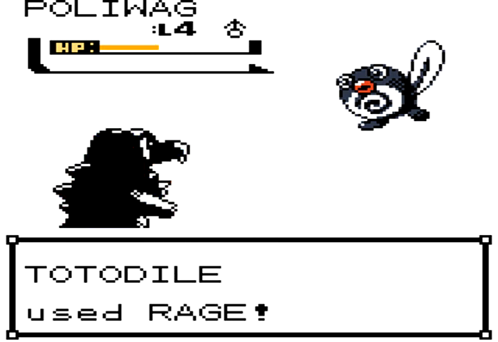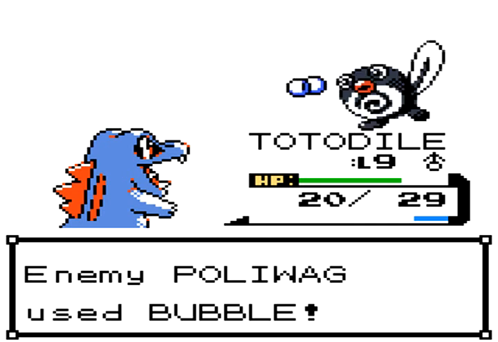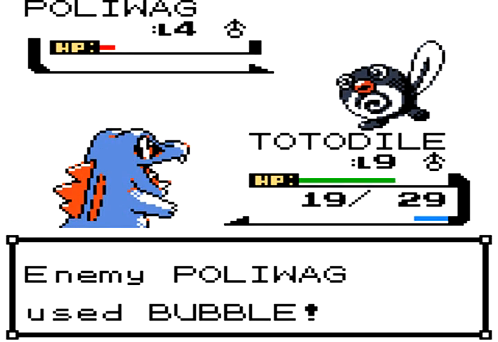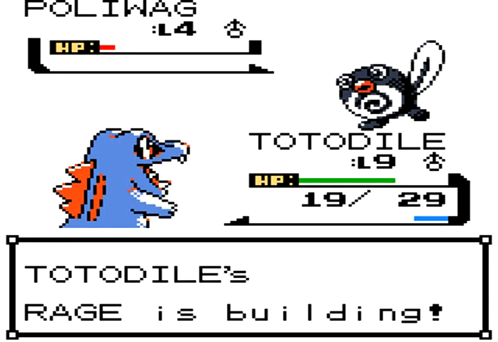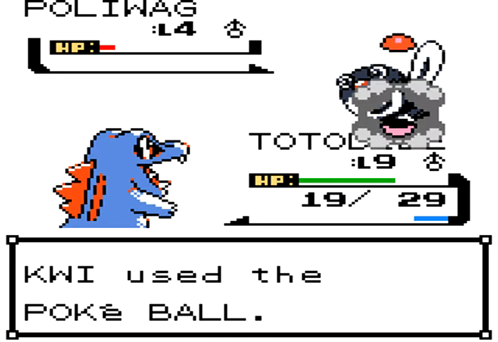Poliwrath, especially Poliwrath, has the STAB bonuses to back up his attacks. So I'm probably going to catch this Poliwag. I'm not sure if I'm going to use it or not, but it's always good to have one. So we're going to catch Poliwag, and that means you can probably ignore my comment about